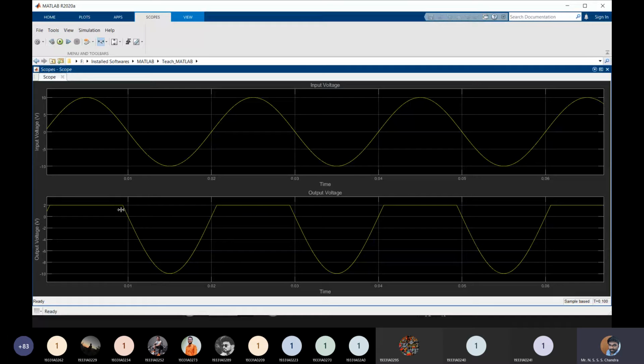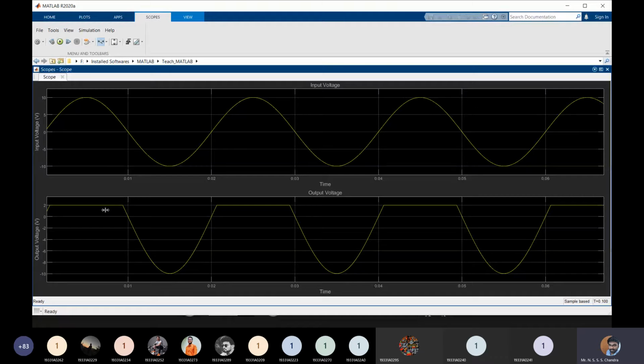Okay, here in this portion your output is following the input voltage, until it is equal to 2 volts. Okay, now let us consider a case